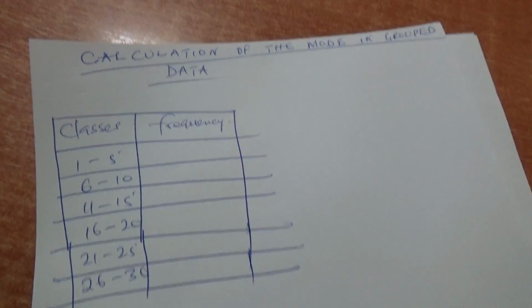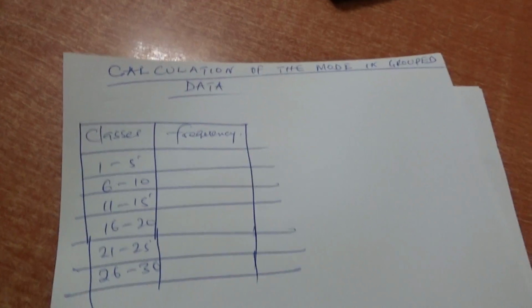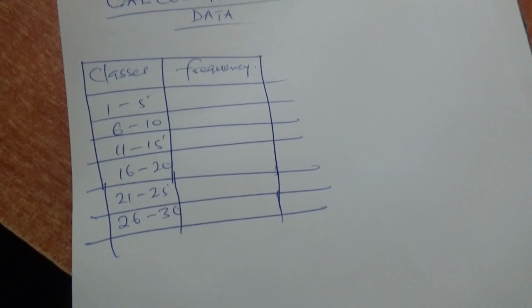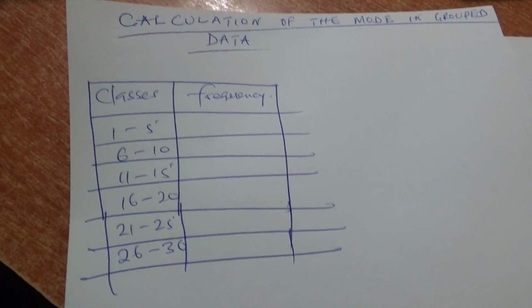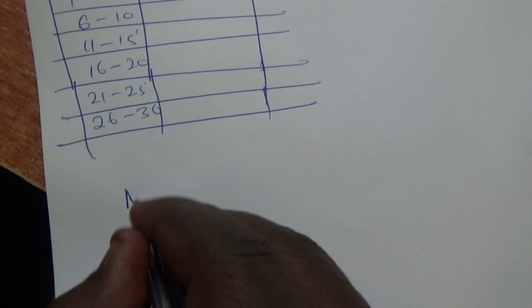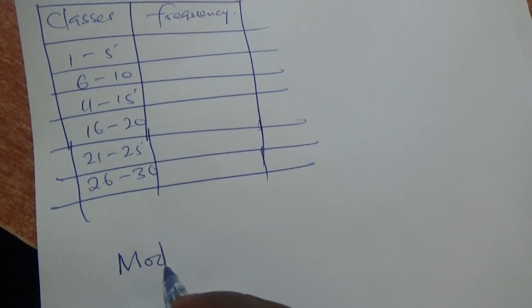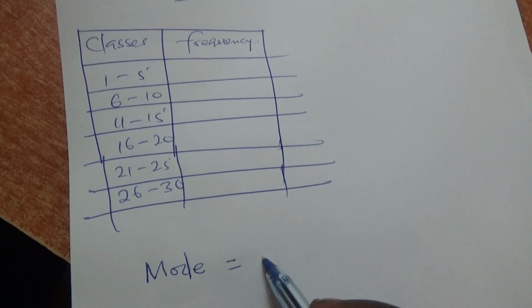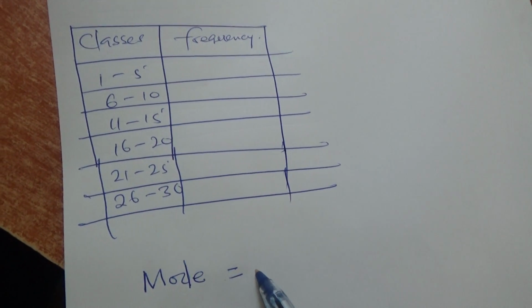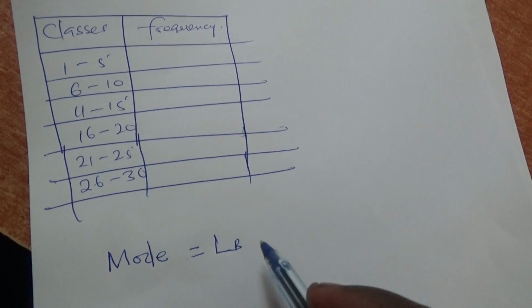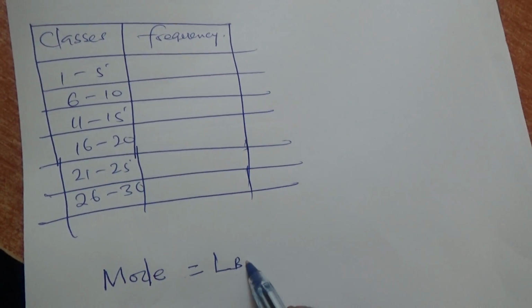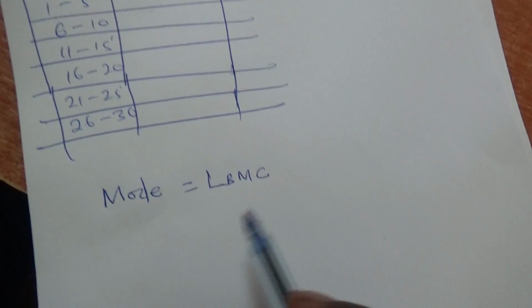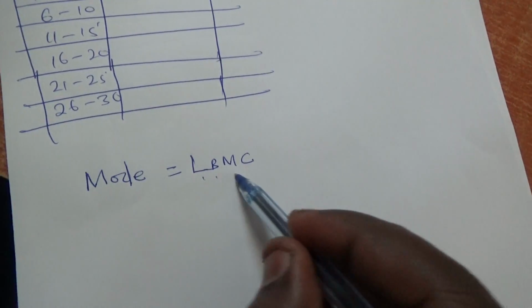How to calculate the mode in grouped data. First of all, you need to know the formula of finding the mode, and I'm giving you the formula now. I'm saying the mode in grouped data is calculated by the lower boundary of the modal class. Okay, lower boundary of the modal class